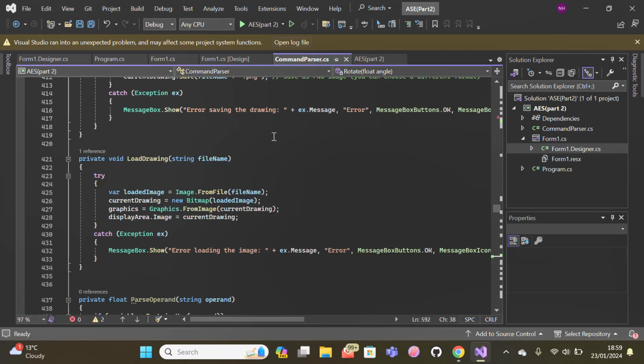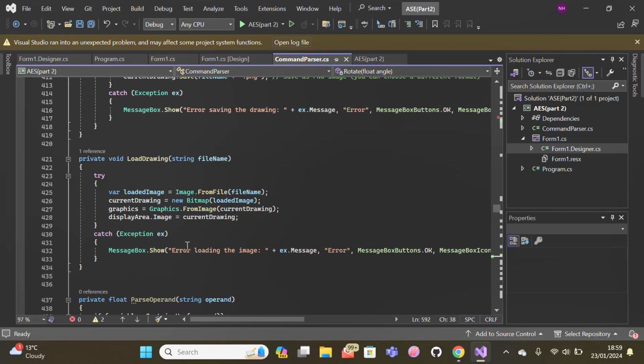If the image is successfully loaded, a new bitmap is created to draw on the bitmap. Finally, the current drawing on the display area is set to the loaded image. However, if an exception occurs in the loading process, such as the file not being found or being in an unsupported format,